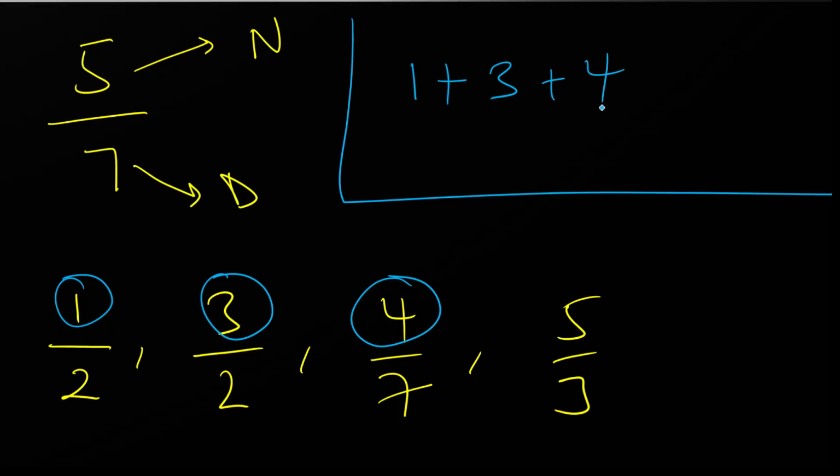Plus 4 plus 5. So 5, 4, 9 plus 1, 10. We have 13. So the sum of the numerators of the following fractions is 13. As simple as that. Now let's talk about